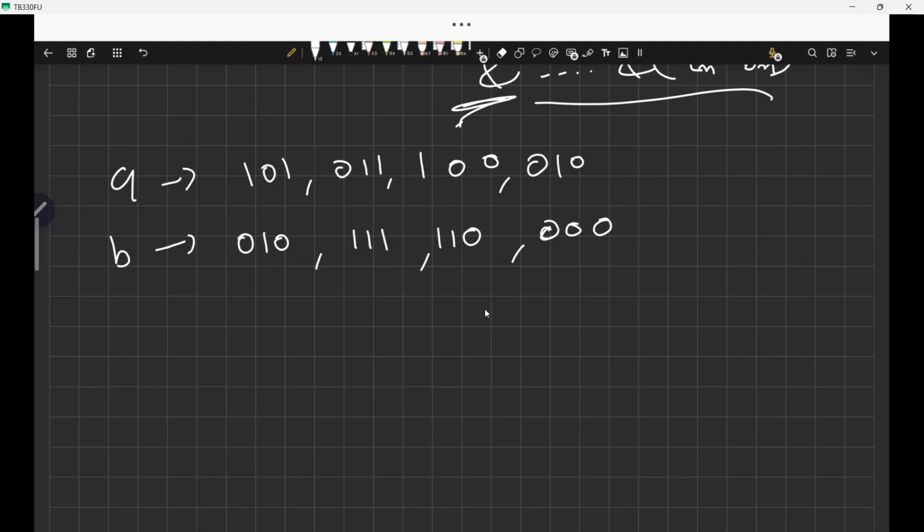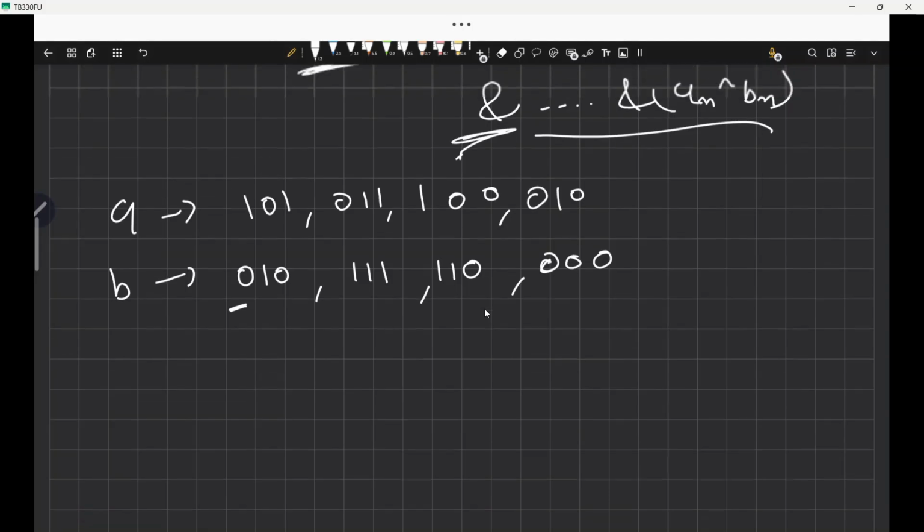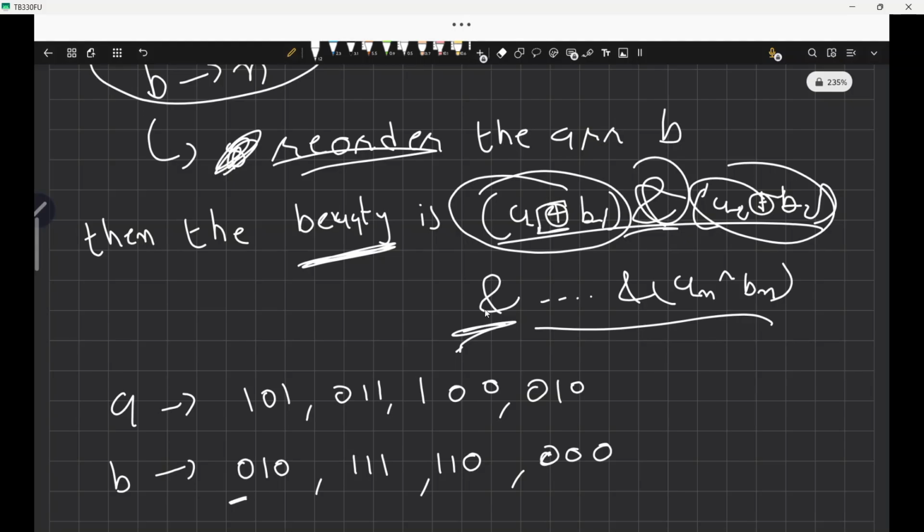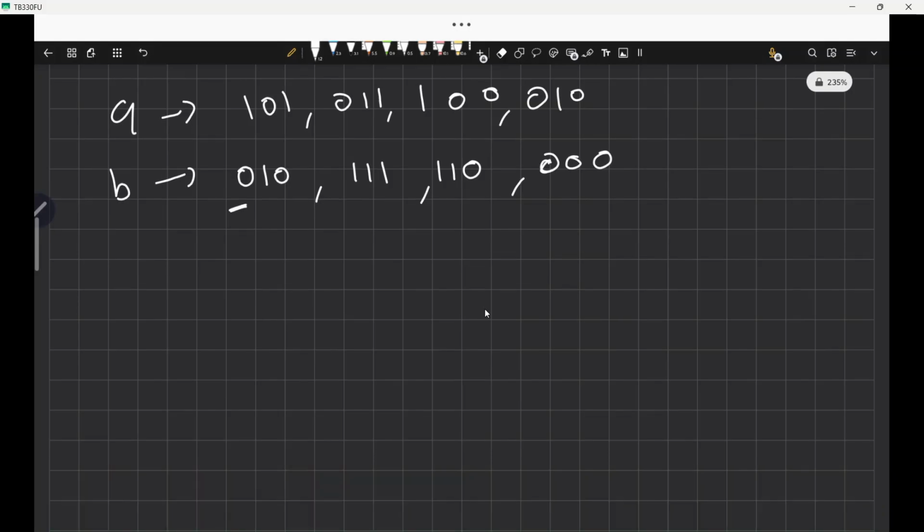So now you will try to see that for the MSB, like for this second bit, can you make this second bit equal to 1? To make the second bit equal to 1, we know that the operation is XOR. So therefore, to make some pair, let's say some pair AI XOR BI,